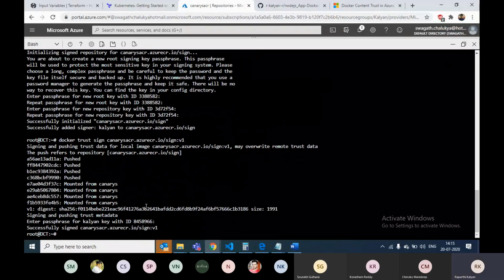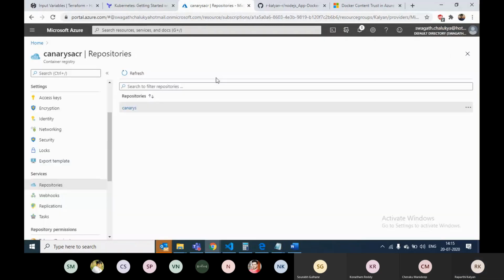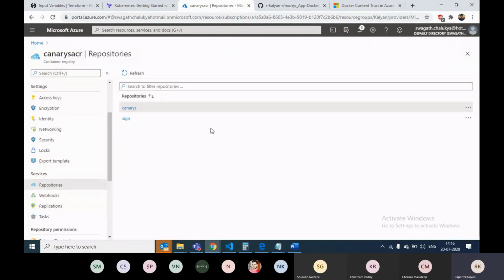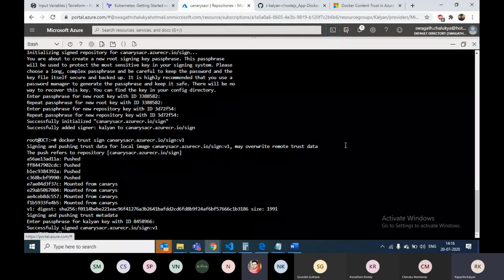Yeah, now it got signed. If I refresh, I can see an image repository with the sign, right? So now I have both the unsigned image and the signed image. So canaries is unsigned and signed is a signed repository.